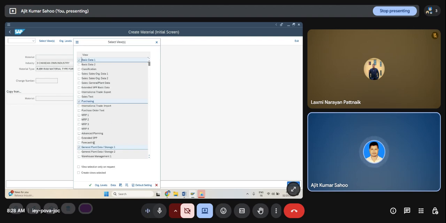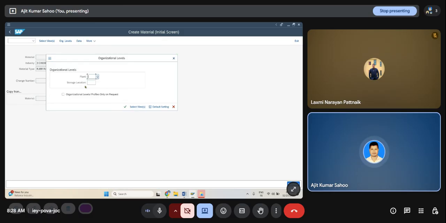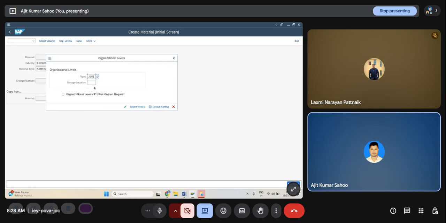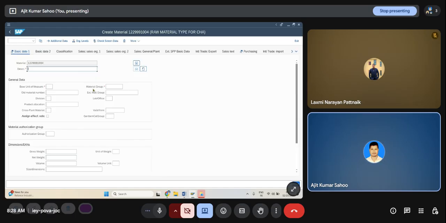Basic data, purchasing data, general plant storage data, and accounting one. Organization level plant was JPR1, and the storage location was 1000. Click enter. So this is iron rod